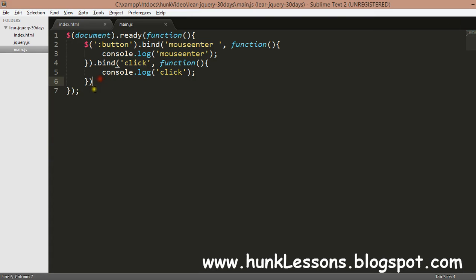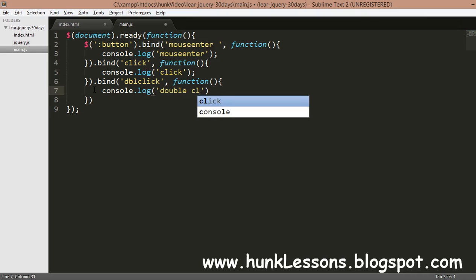And I will add one more bind function, not click, we will add double click, and we will add a console.log "double click".